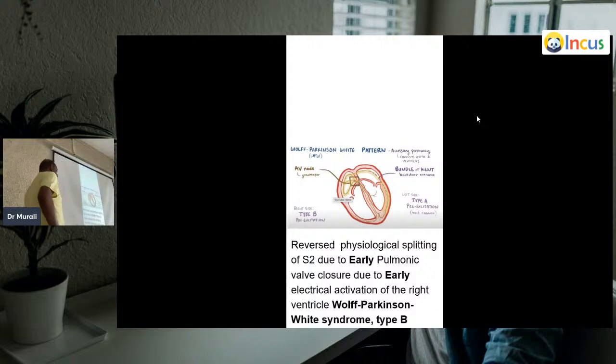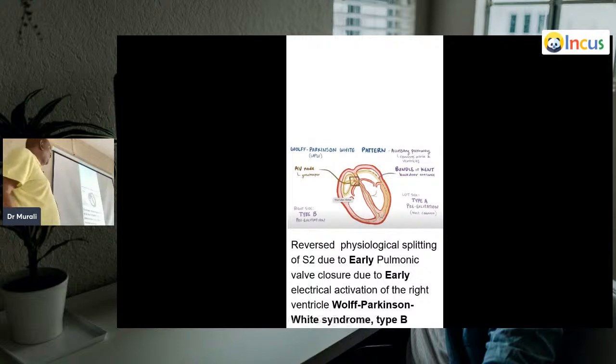Now, reverse physiological splitting can occur because of the early pulmonic valve closure or delayed aortic valve closure. This you all remember and agree, right? Very good. So, what leads to early pulmonic valve closure? Anything that makes the right ventricle get activated early will make pulmonic valve also close early. So what is